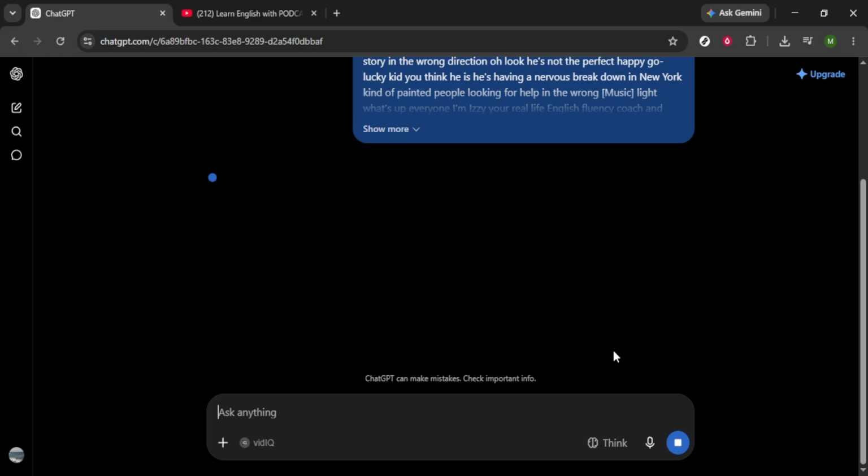Go ahead and select all the clean text, and just like before, right-click and choose Copy. Now you can paste this transcribed and cleaned up text into a document, note-taking app, or anywhere else you plan to use it. Whether you're going to create a blog post, use it for study materials, or just keep it for your own reference, this cleaned transcript is now ready to go. And there you have it. In just a few simple steps, you've learned how to transcribe a YouTube video using ChatGPT. Remember,